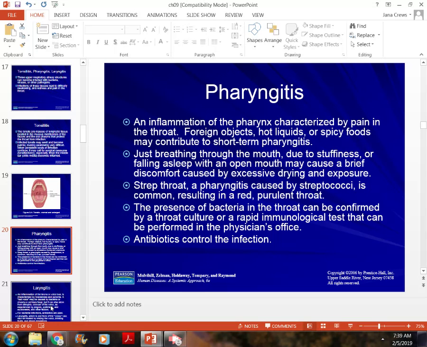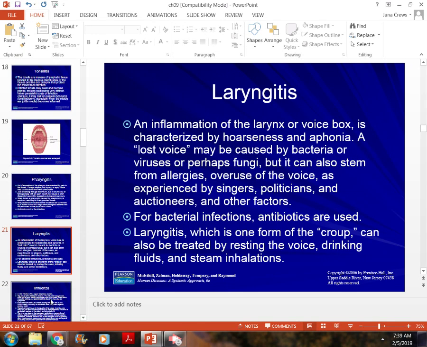Strep throat is a type of pharyngitis that's caused by the streptococcal bacteria. Generally, you have purulent or pus-looking areas on the back of the tonsils, the back of the throat. It's very red. They do a culture, and they'll give you an antibiotic to treat that if it's an infection. If it's just an inflammation, they may have you take something as simple as Advil to help treat that. And if you've got a lot of mucus along with it, they'll tell you to take a decongestant.